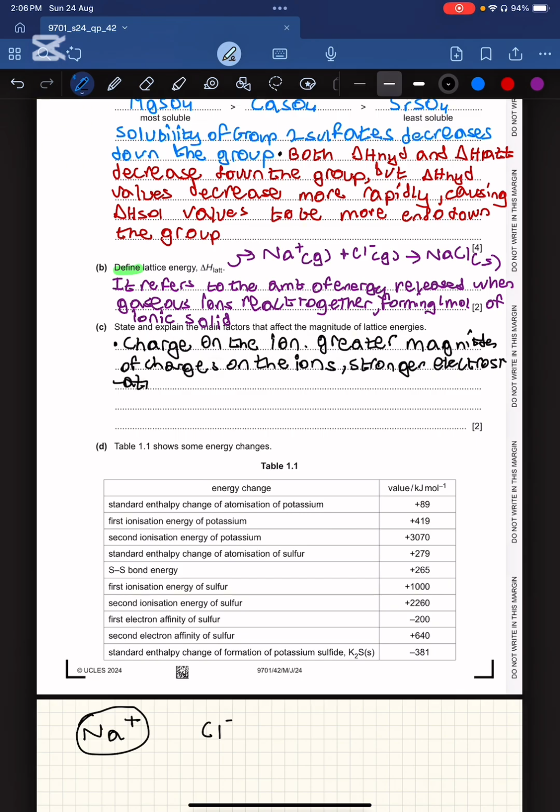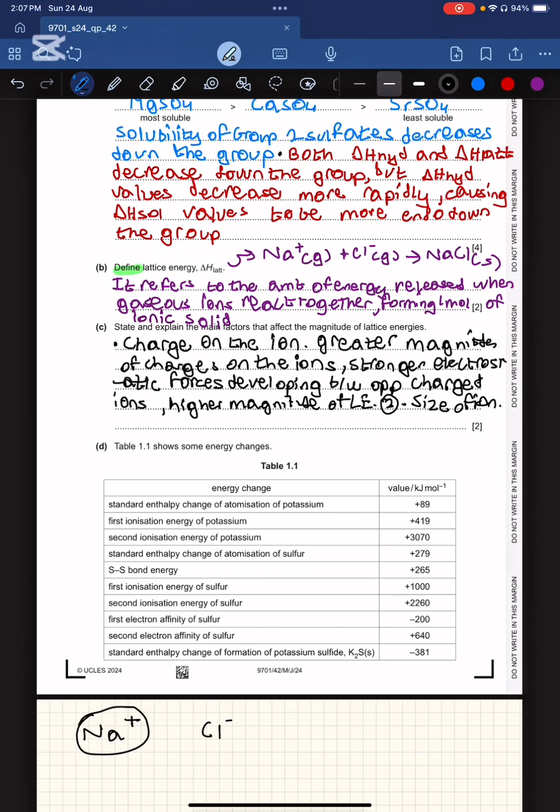electrostatic forces developing between oppositely charged ions. Whenever there is a force between oppositely charged ions, it's called electrostatic forces. So developing between, I'm just writing in short form. Please write it in long form in the exam. Developing between oppositely charged ions, the higher the magnitude of lattice energy. Now, the second thing would be the second factor, in fact, would be the size of